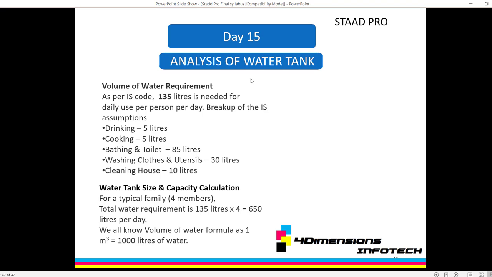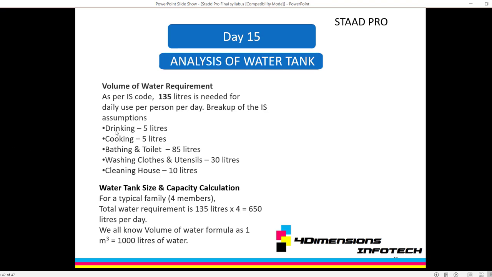But before that we should know the requirement, our capacity, our volume of the water requirement. As per the IS code, normally 135 to 140 liters is needed for daily use of one person per day. So you have to calculate the number of population in each area or village, and multiply it by 135 liters to get the total water requirement.